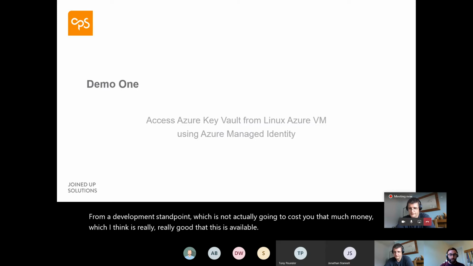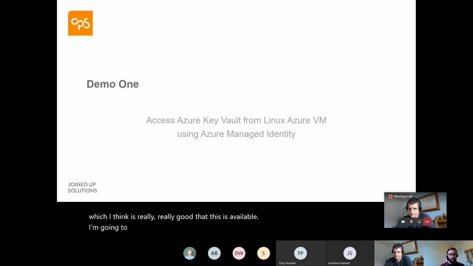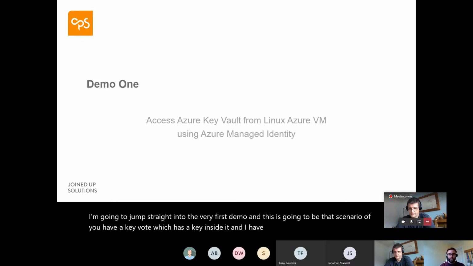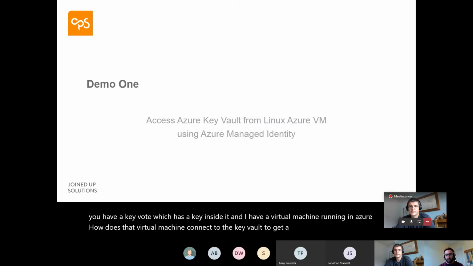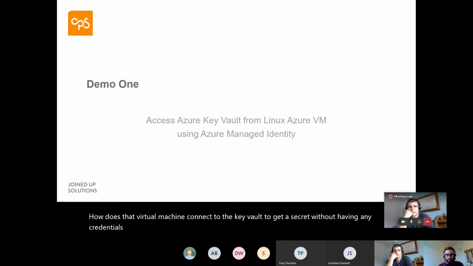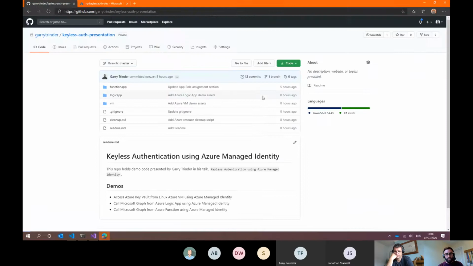So I'm going to jump straight into the very first demo, and this is going to be that scenario where you have a key vault which has a key inside it, and I have a virtual machine running in Azure. How does that virtual machine connect to the key vault to get a secret without having any credentials? So if I just jump across to here,